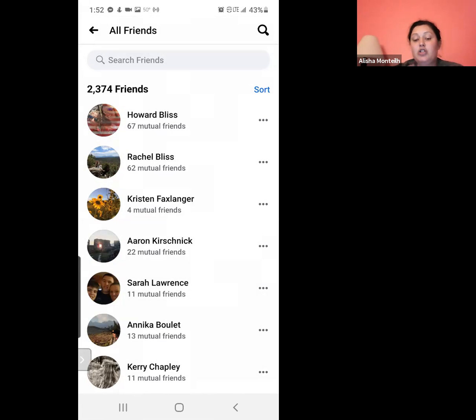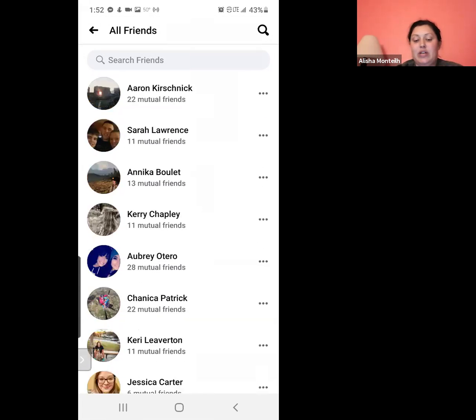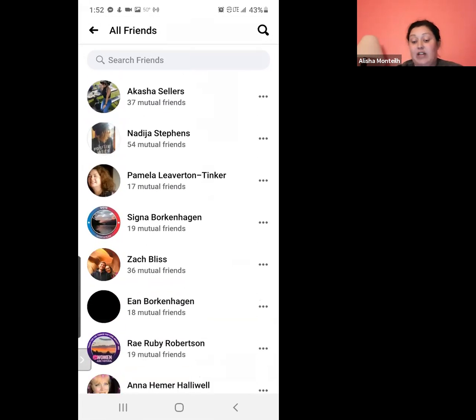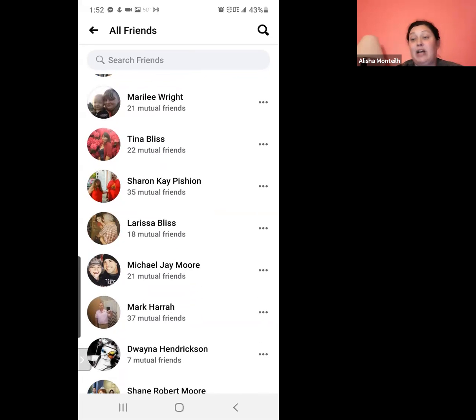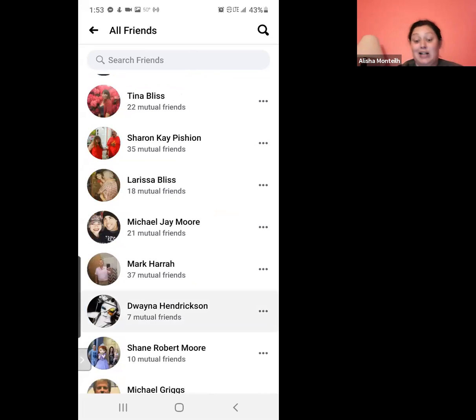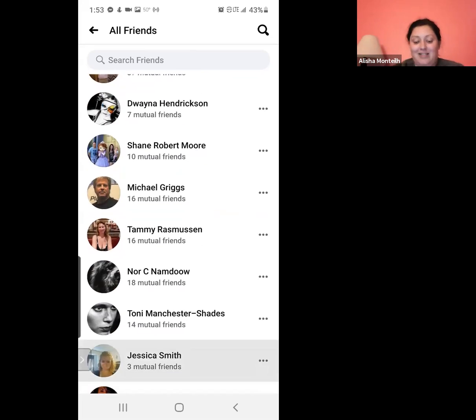So what I like to do is add friends from my old friends as well as my new friends. Like these people, these are all people that have been my family friends. They've been in my life for a long period of time. I have a really big family. I have a stepmom, a stepdad, my parents, and then my dad and my stepmom are both with new people. So my family is huge, right? So a lot of these people are family.